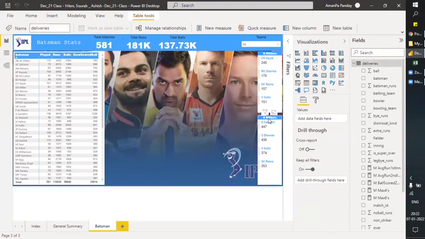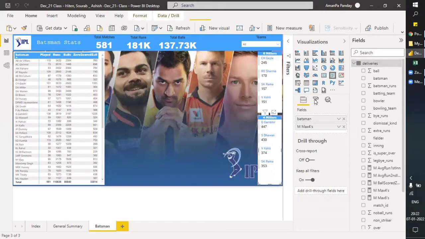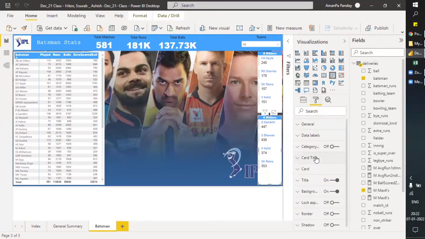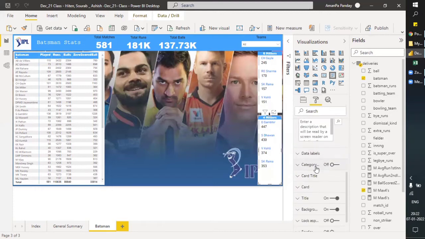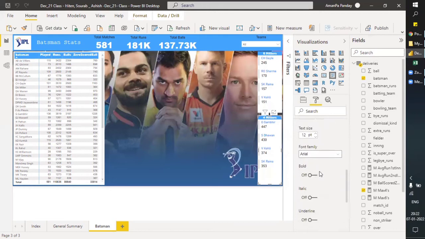What was the question? Please come again, Ashish. I said, could the layout of this multi-row card be put in a horizontal direction instead of vertical? Okay, got it. I haven't tried it.